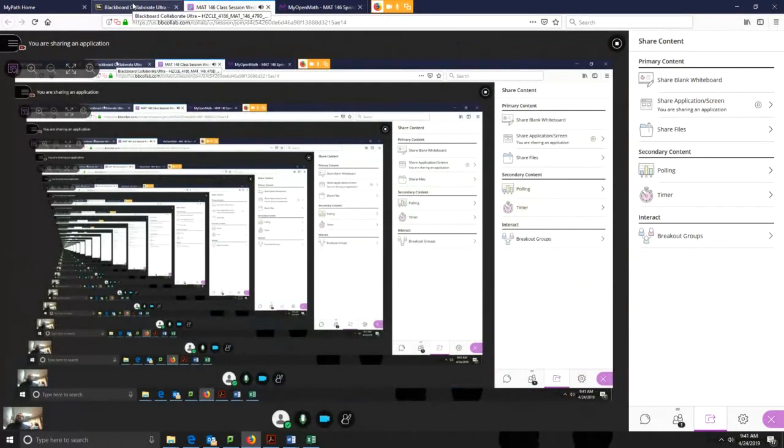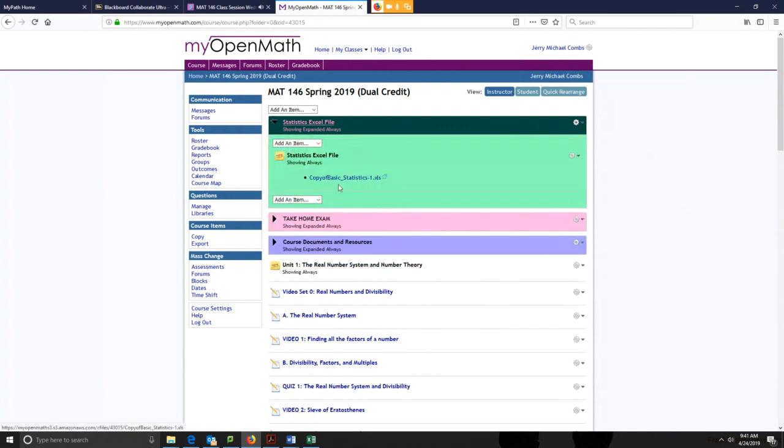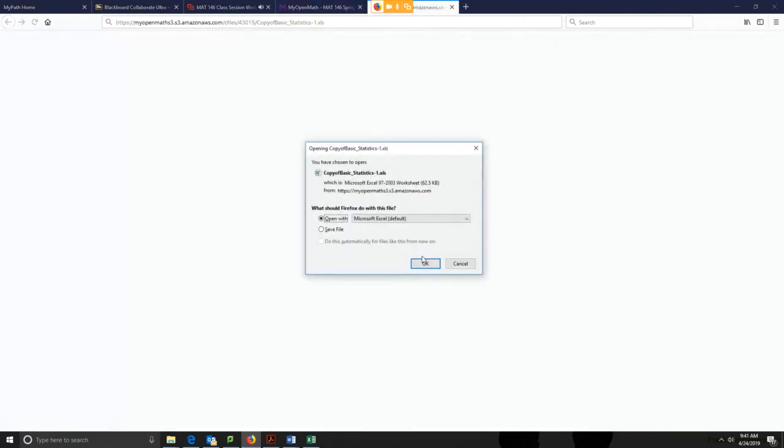So now let me go to myopenmath, and hopefully you can see myopenmath here, and you'll notice that I have a new block. It's statistics Excel file. If you click on that, it says copy of basic statistics. When you click on that and open it,